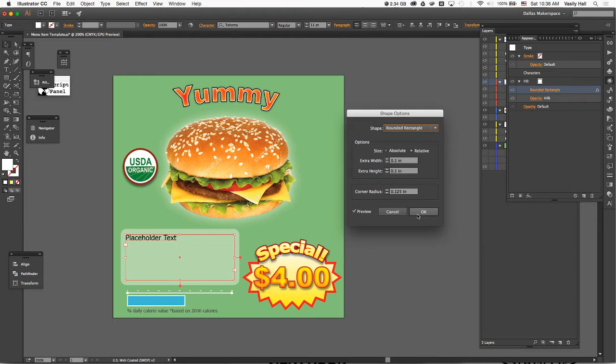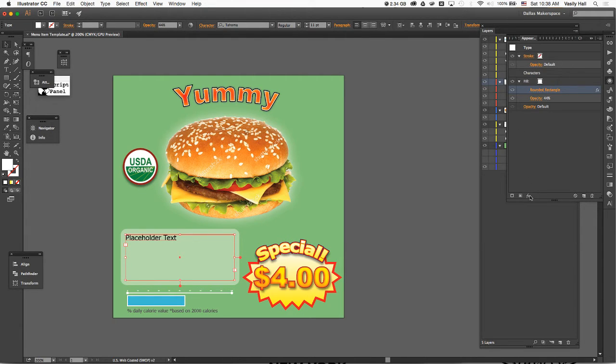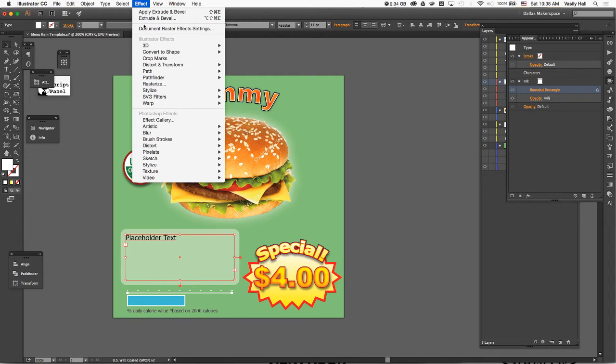Okay, and how do you get to that from the fill panel? What you do is you go down to the effects, or up there to the effects, and you can go to convert to shape, and that's where you find that effect. At first I thought it was rather useless because it just converted something to shape, and I thought, why would anybody want to do that? But in fact, you can do some really interesting things with it, such as